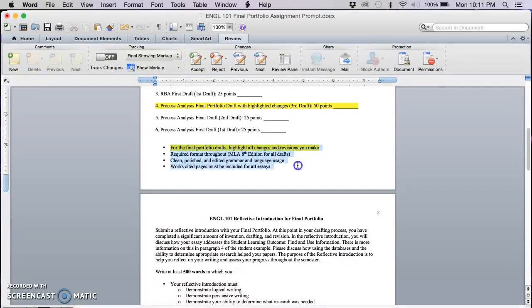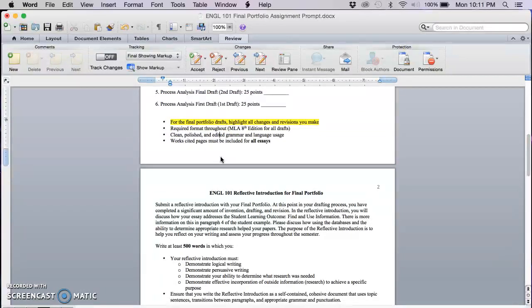So a couple of quick notes for the final portfolio drafts. You do need to highlight all changes and revisions you've made, as I've mentioned, from the second draft only. You don't need to highlight anything on the first or the second draft, just on the third draft. You do need to have the required format throughout, so it needs to be MLA 8th edition for all drafts. It needs to be clean, polished, edited grammar and language usage, and works cited pages must be included